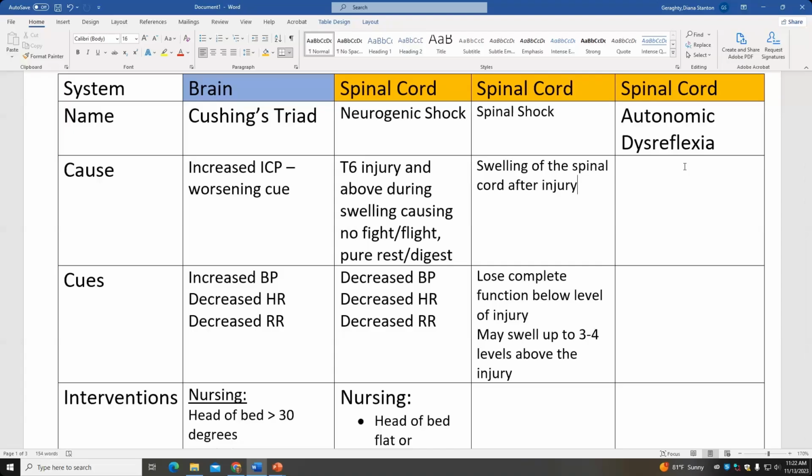The only way you get increased ICP is from a head injury. So you would happen to luck that you have a head injury and a spinal cord injury, which makes our interventions a little bit trickier. But we're just going with the black and the white. If it's a spinal cord injury, it will be a spinal cord injury. I'm not going to mix the 2 patients for you on the test, because that gets into like, no, ICU. We're not going there. So the patients will be clearly spinal cord injuries or head injuries, and they will be